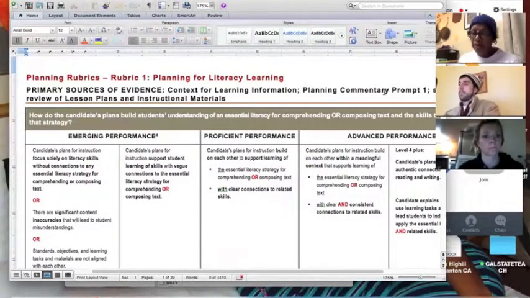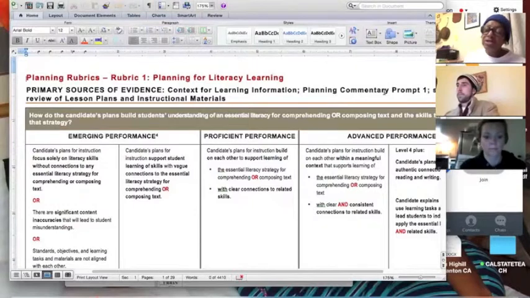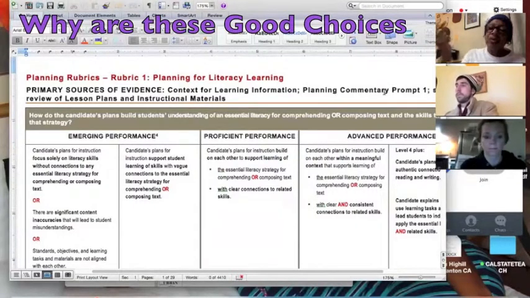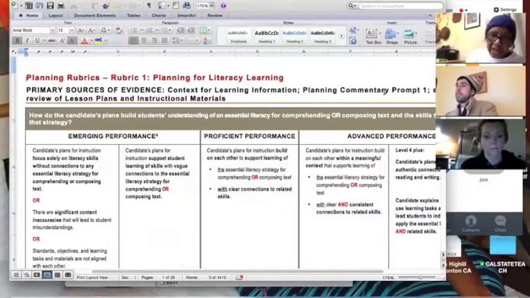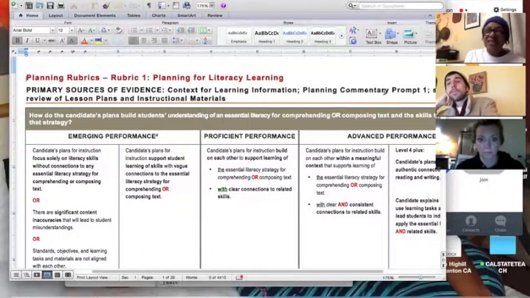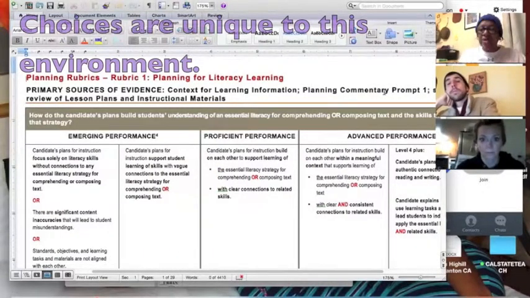And in your commentary, you're not only going to say what you're going to do, but you're also going to say why you made that choice, why that choice of strategy fits this planning for instruction, or fits this lesson, or this kid, or this assessment. And it needs to be the type of response that fits this one particular environment, not something you could drop